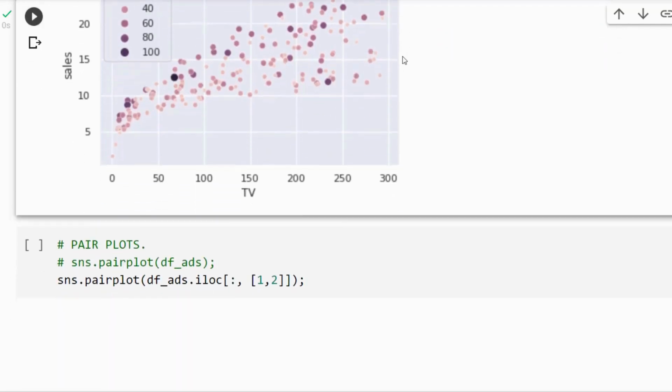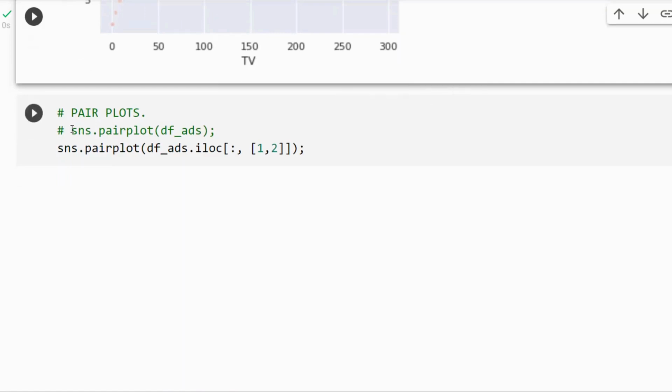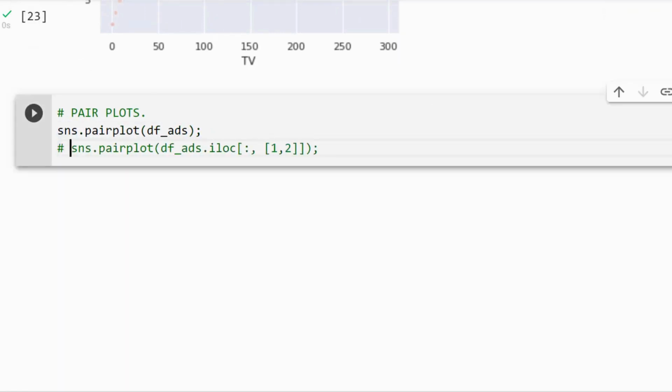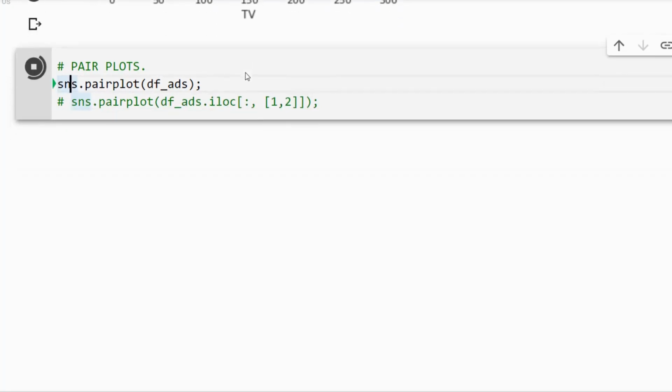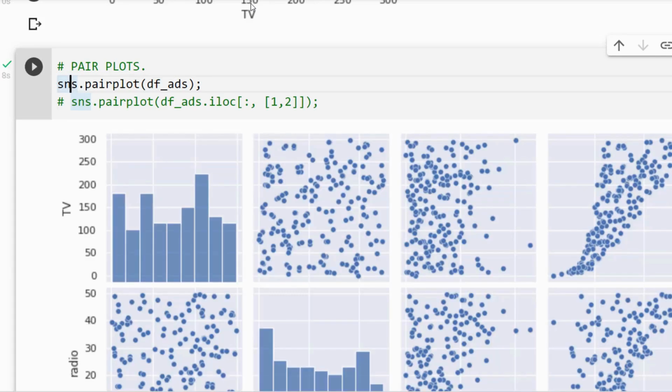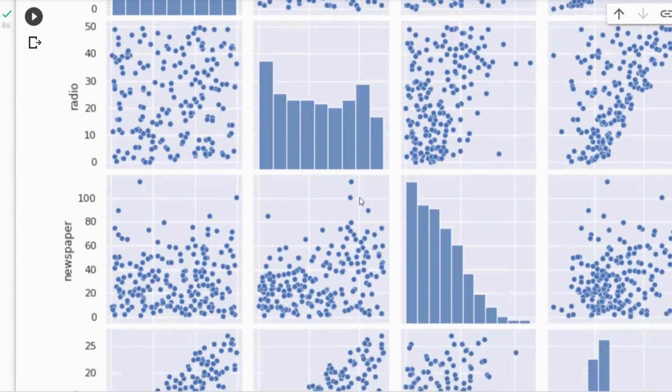Let's try one more plot, the pair plot. And so what I want to do is first just run this to show you what it looks like. It typically takes a few seconds because it's generating multiple plots, not just one. And so this is going to show us several scatter plots and several histograms. And so I'm using my ads data again,